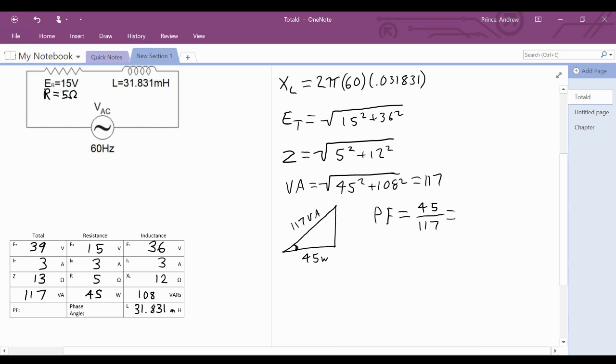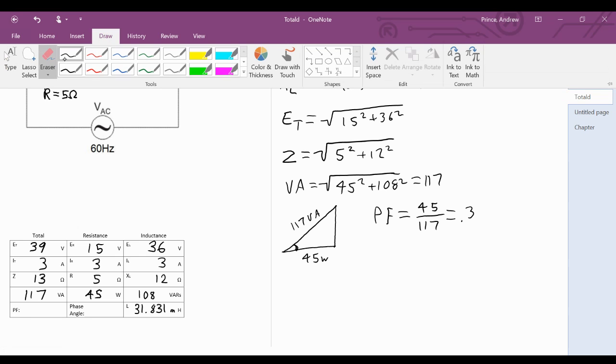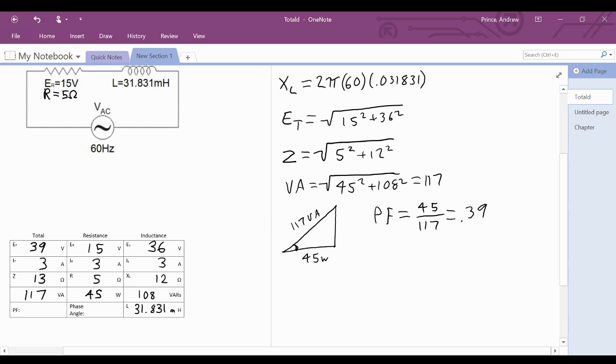And that would give me a power factor of 0.384, now 385. Now typically you're only going to see these in 2 digits. They don't normally carry it out that far. So in this case, let's go ahead and round it up to 0.39. So our power factor is 0.39,